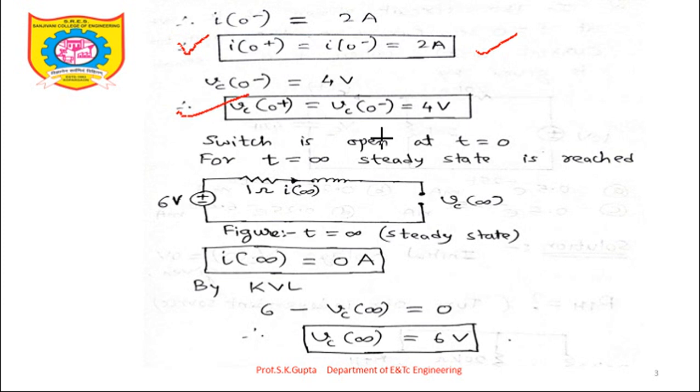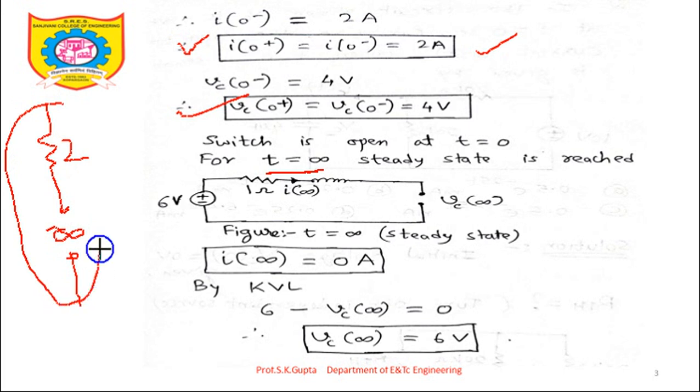Now we have opened the switch at t equal to 0. And once we go for t equal to infinity time, again we will be having steady state. Okay, and in steady state again, as switch was open, this 2 ohm in series with that switch, that portion will get removed, because suppose this is the 2 ohm resistor and here we have open circuit. So this is an infinite resistance, infinity plus 2 is infinity. So overall it will be infinity.